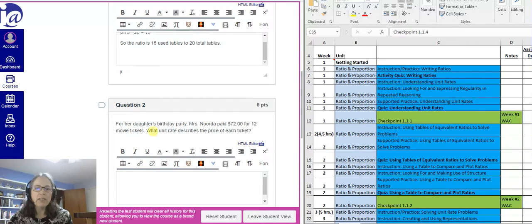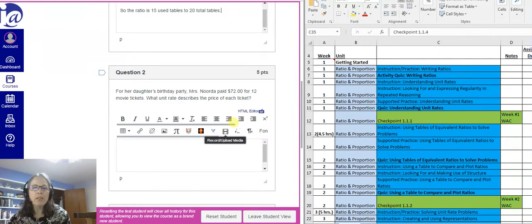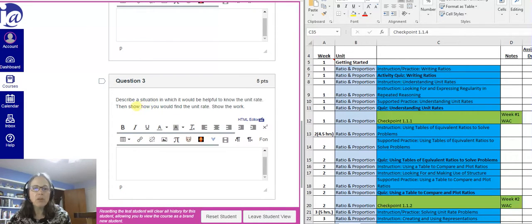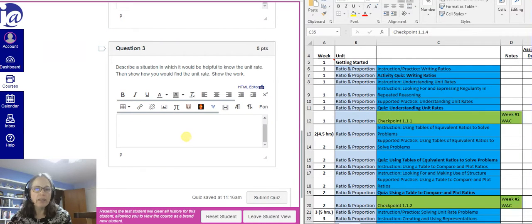Okay, and then you have this one for her daughter's birthday. Mrs. Norda paid $72 for 12 movie tickets. What unit rate describes the price for each ticket? You not only have to tell me the unit rate, but you have to show me what you do with 72 and 12 to get that answer. Do you add them, subtract them, multiply, divide them? And next you want to describe a situation in which it would be helpful to know the unit rate, and then show how you would find it. Show the work. So for example,